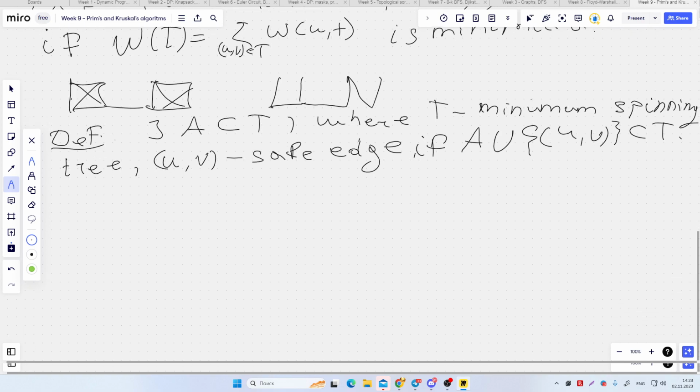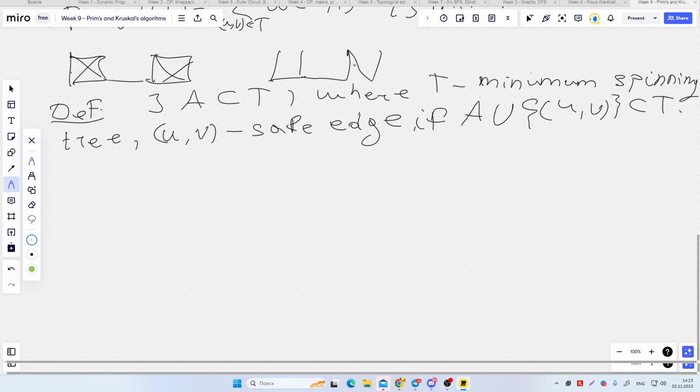So if this tree is a minimum spanning tree, our task is to find a minimum spanning tree, and we can use two approaches, two algorithms that use a greedy approach. And these two algorithms use only one idea,